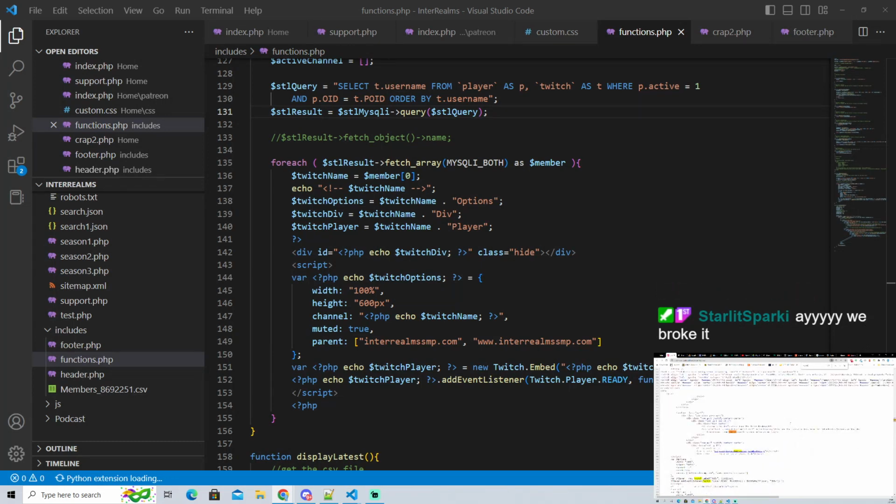Player embed. Okay, there it is. JDiv. All right, I've got something funky going on here.